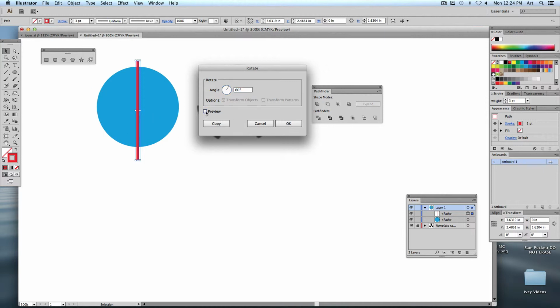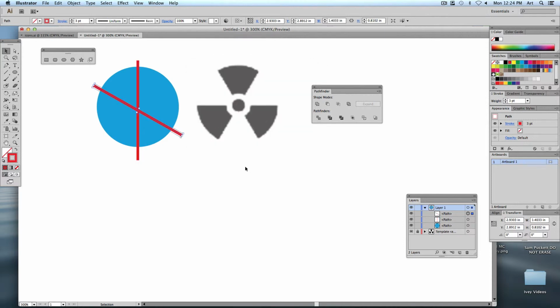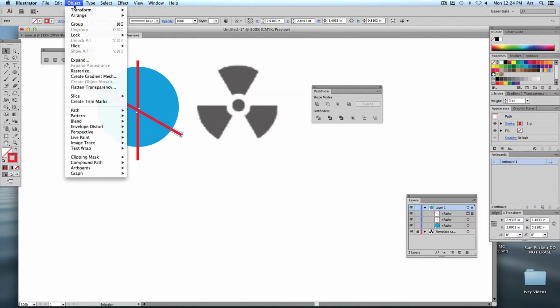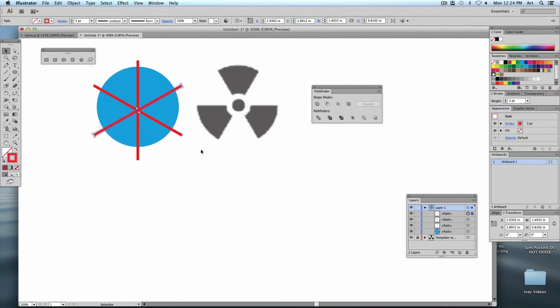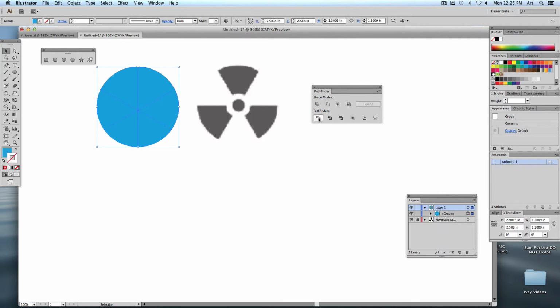Remember, you check off your preview so you can see what it'll look like, and I'll make a copy of it. And if I need to do it again, I can go to Object, Transform again, and it'll do the same thing again from there. So if I was to select these, and I wanted to split it up as if I was splitting up a pie, this one would be a great one to use. So divide it up,